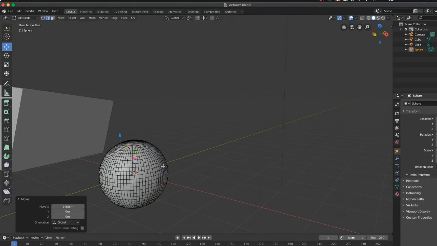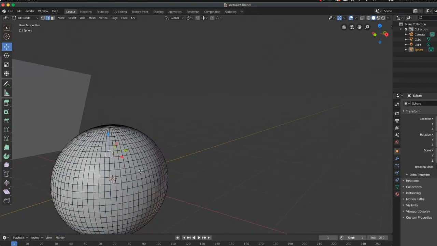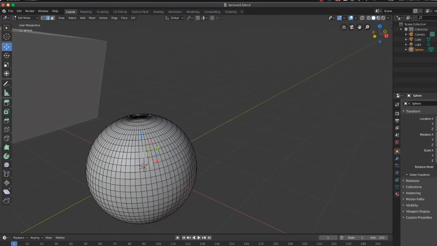But what becomes more helpful is when you click on an edge and that edge allows you to select the entire ring or loop. Let me show. I can hold down my Option key, and it would be your Alt key on PCs. I'm going to select one edge here, and when I hold down my Option or Alt key, it selects the entire ring or loop. Here I can scale this loop up,